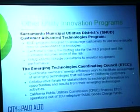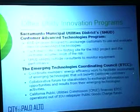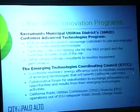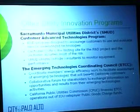When we've been putting together the proposal for our program, we have looked to other utilities to see how they've set up their emerging technologies program. One we're particularly interested in is the Sacramento Municipal Utilities District program. This is the Customer Advanced Technologies, or the CAT program. So in this one, they